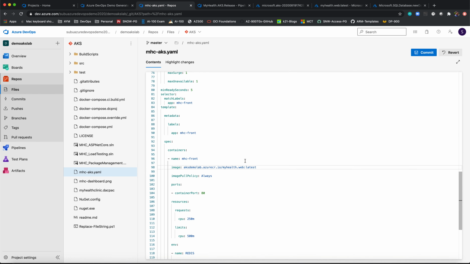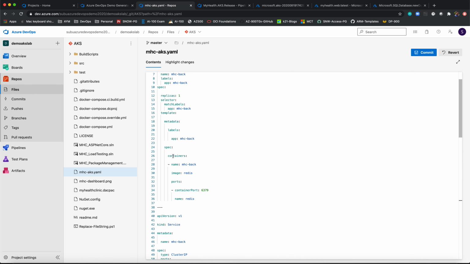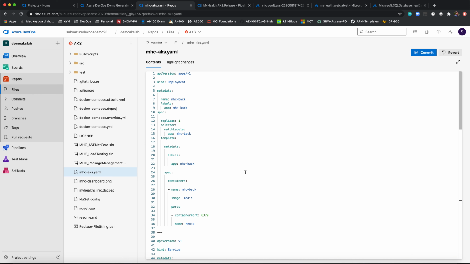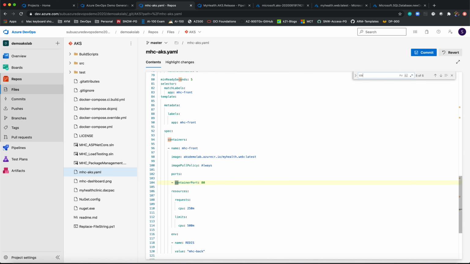Okay, so this is the one that I've just created, and then I just need to check if there are any other containers that I need to add. If you see here, there is another container section, but here by default the image is given as Redis, so we don't need to change it. And then do a Control F and check for containers wherever they are. Okay, so one container is given as this one that we have already changed. We are going to check another one which is Redis, that is already set. Fine, so we are good.